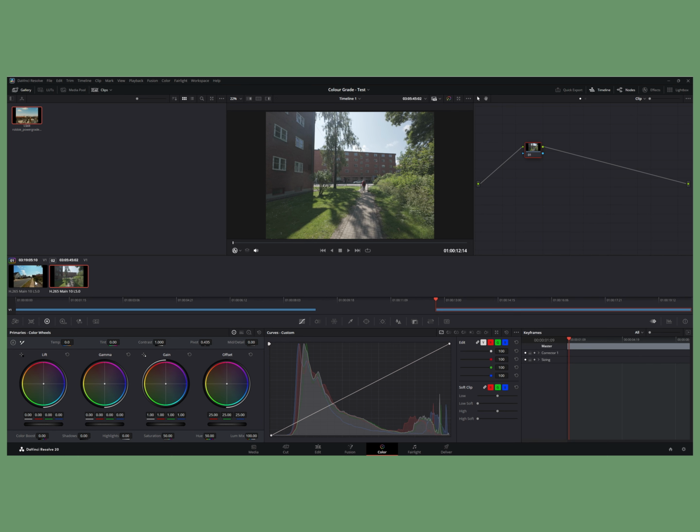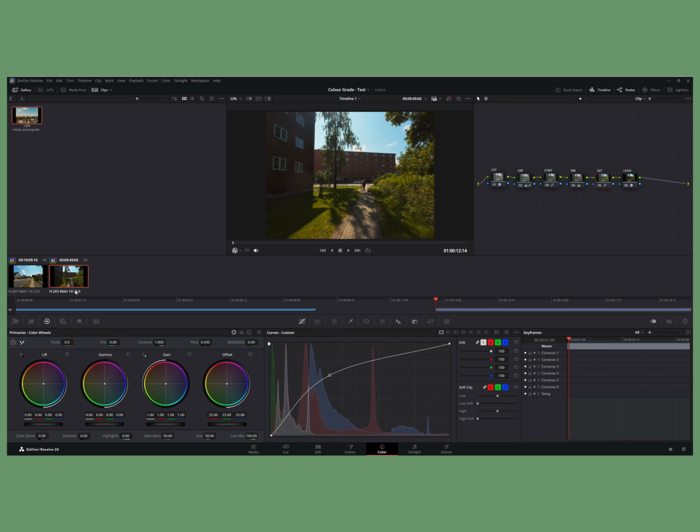We have another clip here on the right hand side, and so what you can do is you can select this clip, right click here, and you can apply the grade. And so you're not having to do these 6 steps every time. You can just copy and paste over, and then you can make changes to however you need. So for example, with the saturation node here,